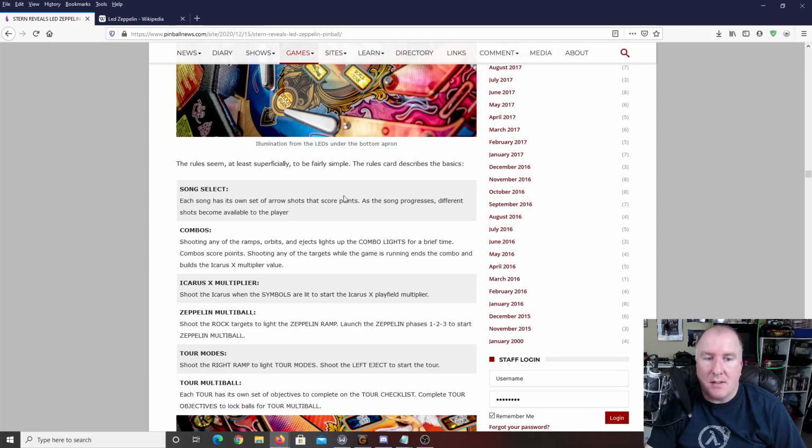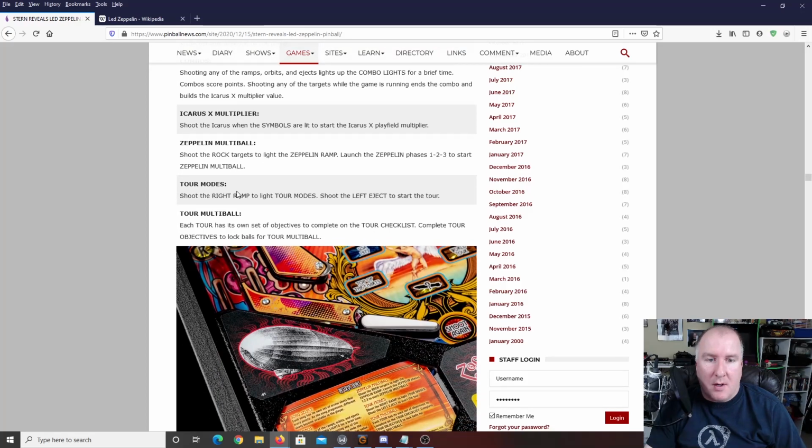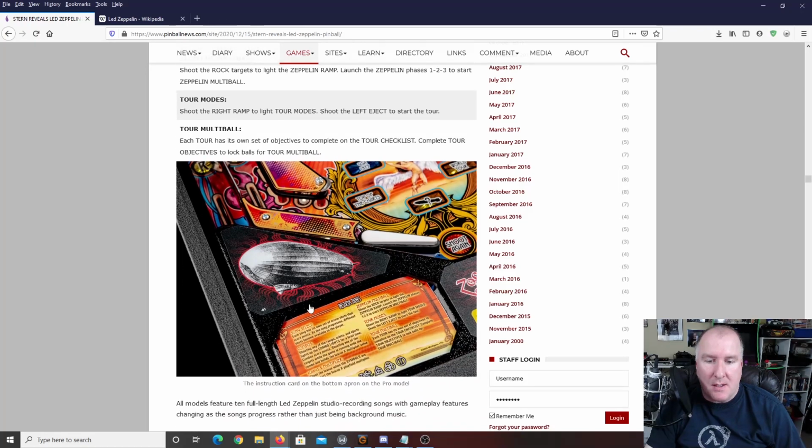As the song progresses, different shots become available to the player. So they got combos, Icarus multiplayer, Zeppelin multiball, tour modes. Shoot the right ramp to light tour modes. Shoot the left eject to start the tour. Tour multiball. So this is basically all the stuff that you're looking at here with the actual instructions of the